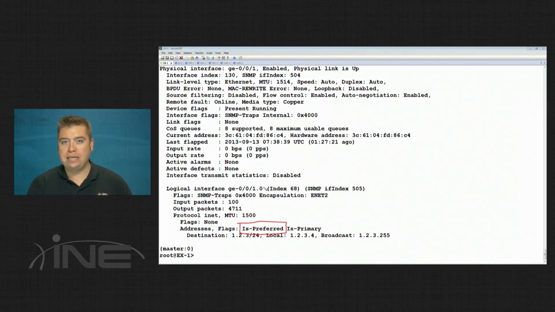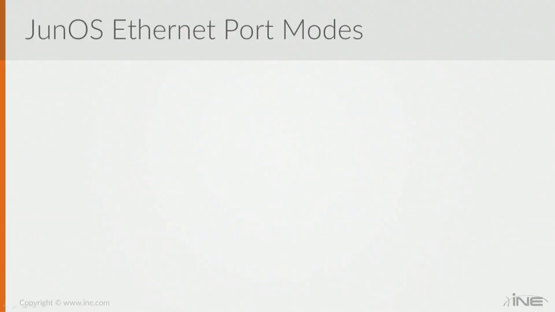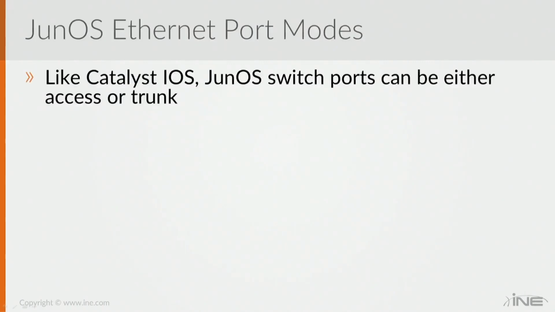So otherwise, it's based on the specific number, the higher number or the lower number. If there's one value that you want to configure as primary and the other ones as secondary, like in iOS, you do that by setting this flag, which is the is preferred. Now, in terms of the layer 2 interfaces, when they are doing Ethernet switching, just like in iOS, the switch